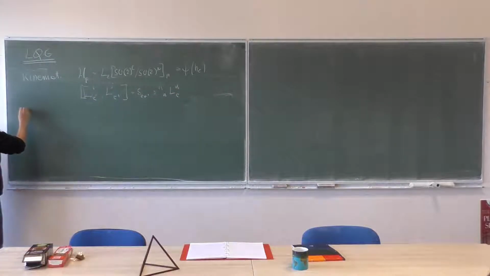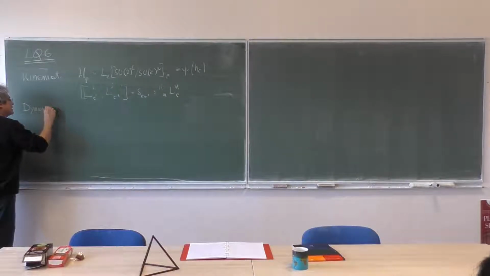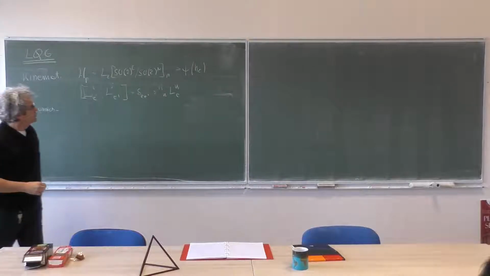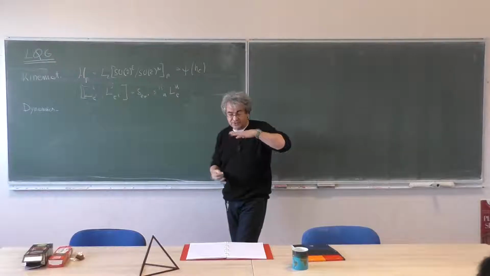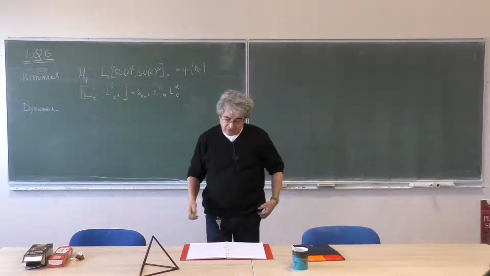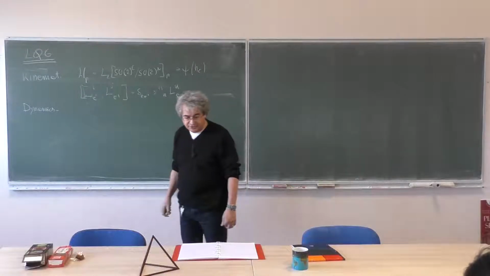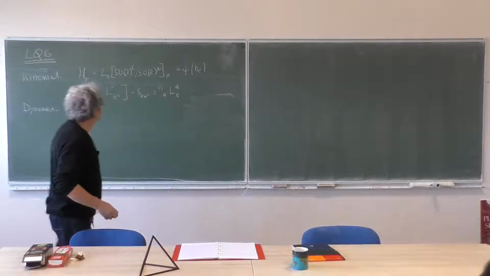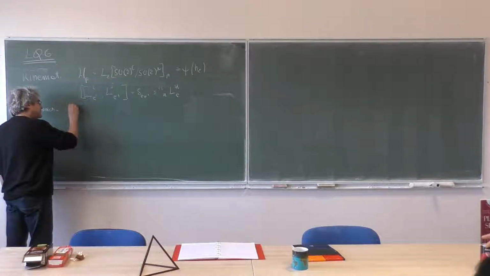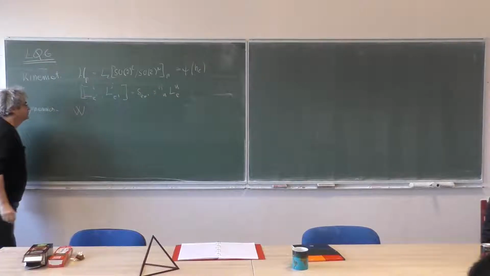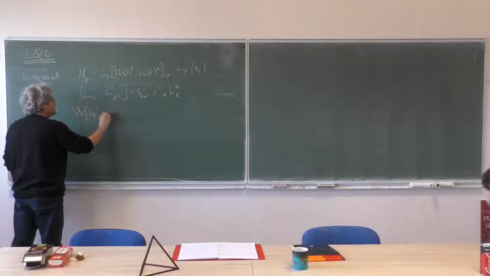So this is the kinematics, which we did before, and the dynamics can be summarized in one equation or two equations. So in this Hilbert space, there is a vector, or more precisely a bra, so a linear map from this Hilbert space to the complex numbers, which is the amplitude, which I write as W. I don't remember if I used A or W. So it's a function of the HL, and